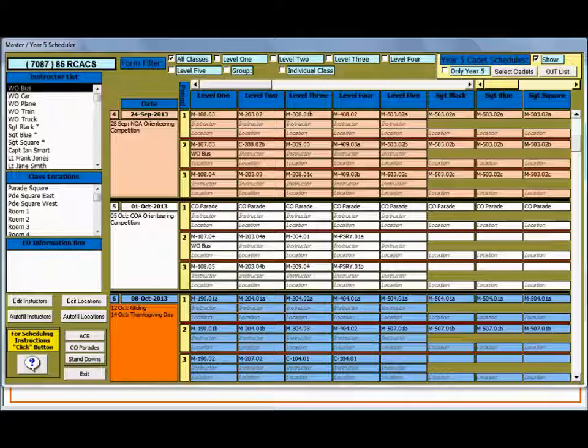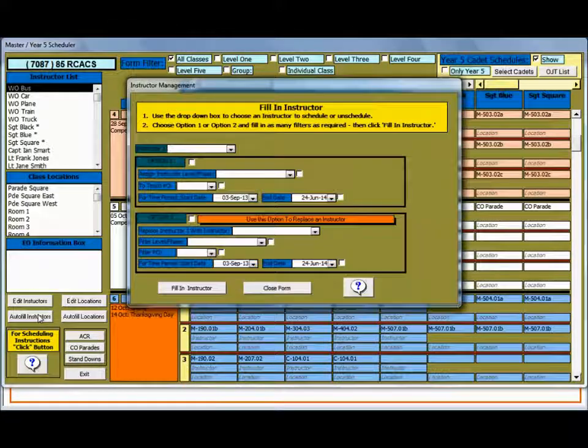Now another feature that you can do with the autofill is replace an instructor. So again, it will indicate my original instructor, which was Warrant Officer Bus, and this time going to option 2 where I'm replacing an instructor, and I select who the replacement instructor will be. I'm going to choose Warrant Officer Carr,